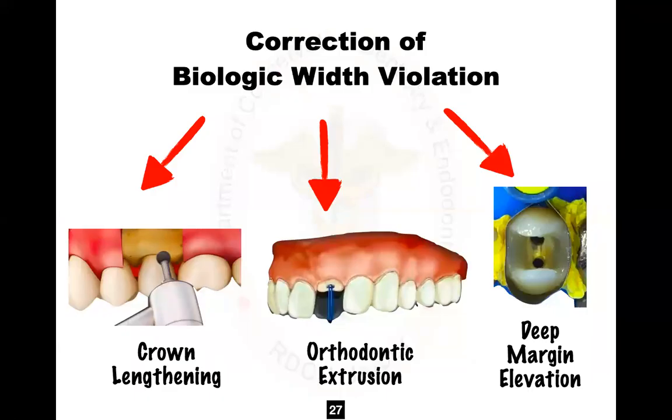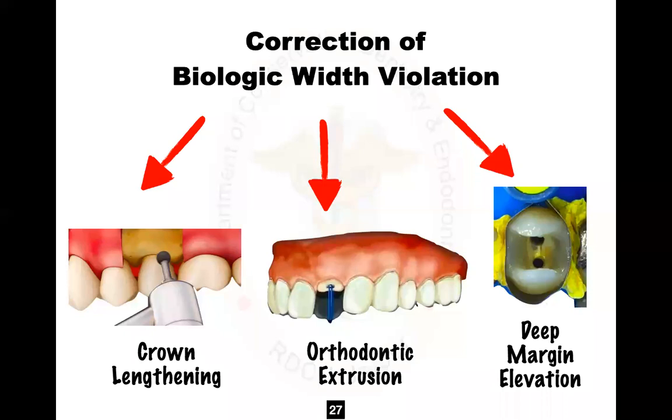So next we have to go about quickly. I'm going to discuss the correction. Now we've described how to evaluate the biologic width, what exactly biologic width is, and I also told you what protocols or guidelines to follow to not end up violating this biologic width. But if even after all that you end up violating it, how do you correct it? So there are 3 kinds of procedure. Please write down the names, very important.